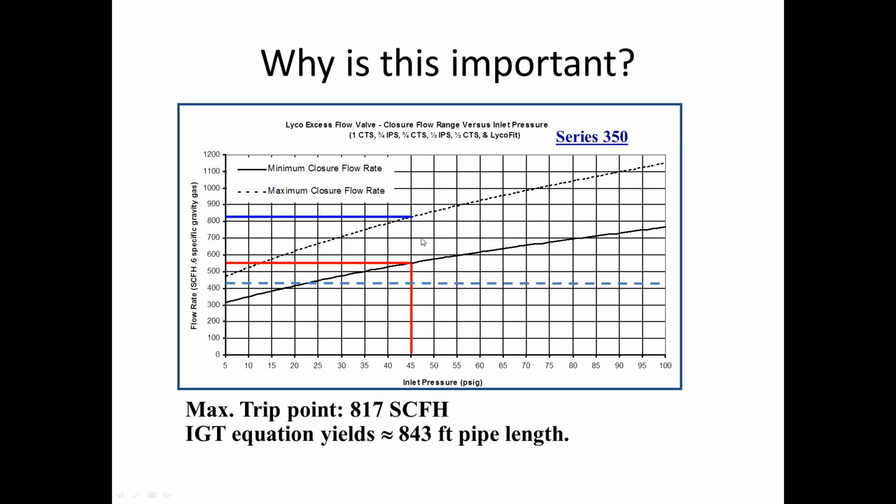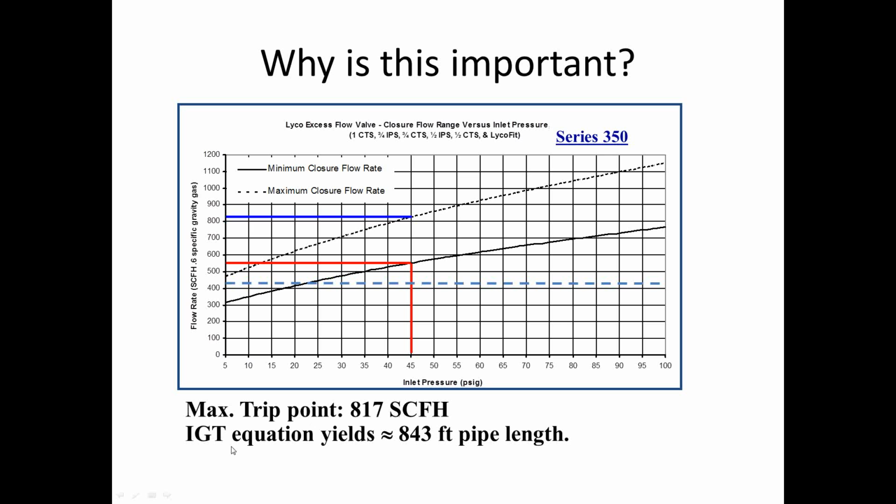Now, in reality, excess flow valves are typically designed to trip somewhere in the middle of that range, with the distribution spread of manufacturing variations, so that you always have an EFV that's tripping well within these two limits. But for sake of sizing, we're going to use the maximum trip point because it could trip at that level,